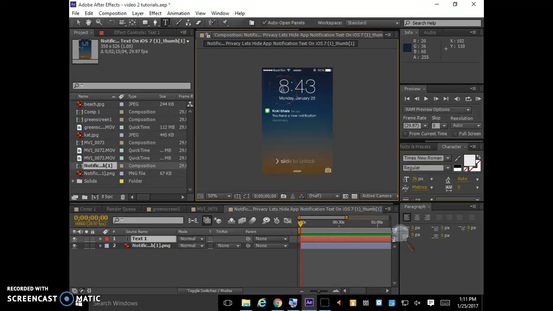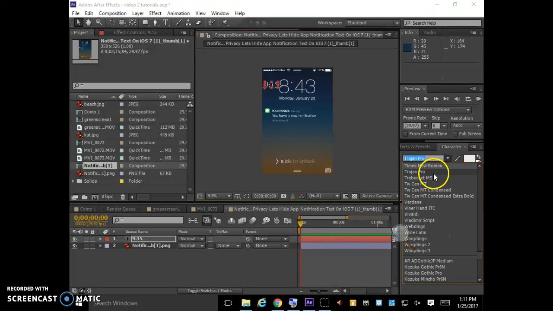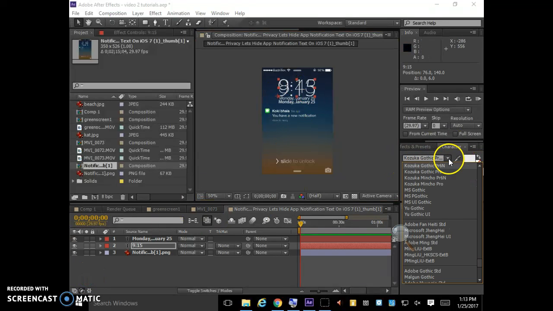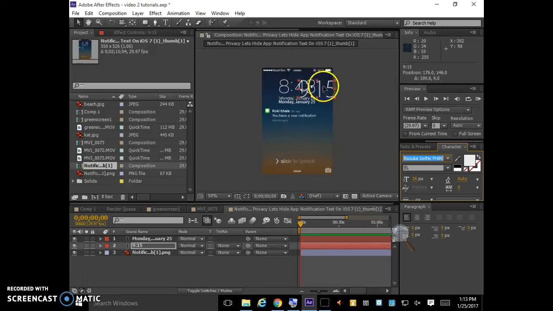Click, and we'll do, I don't know, it's smiley o'clock apparently. It's 9:15. You might have to look through a few different fonts over here on the side to find one that's similar. I know that Kozuka Gothic PRN and 6N, whatever that is, is a very good match. So here I made my own time,